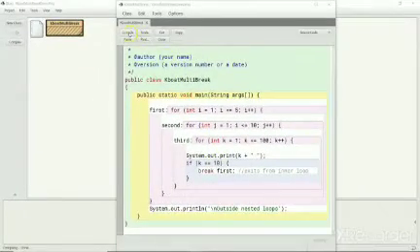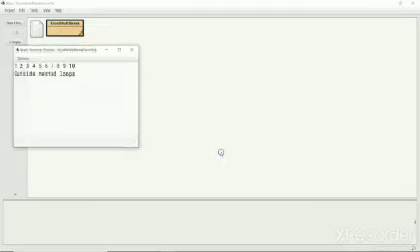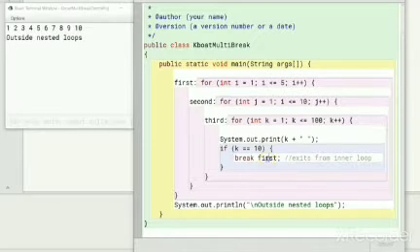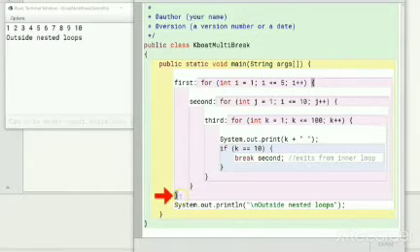Let me execute the program. As you can see, the output is the same as before. If I change this first to second, it will transfer the program control outside the second for loop over here. Let me add a println statement to make it clearer to you.